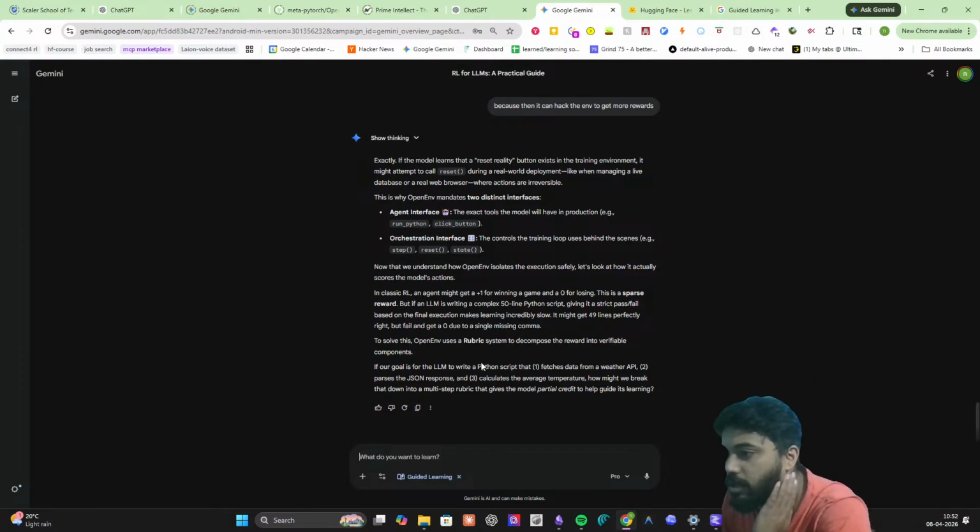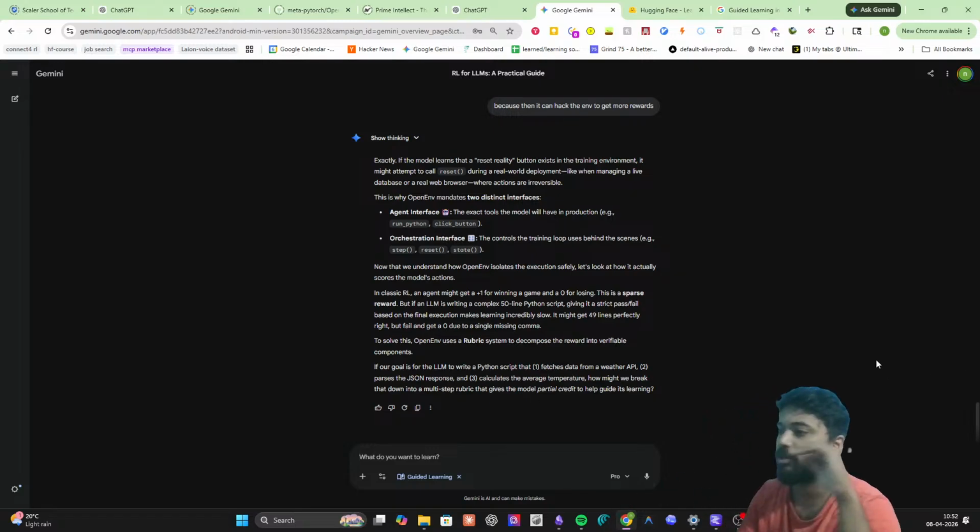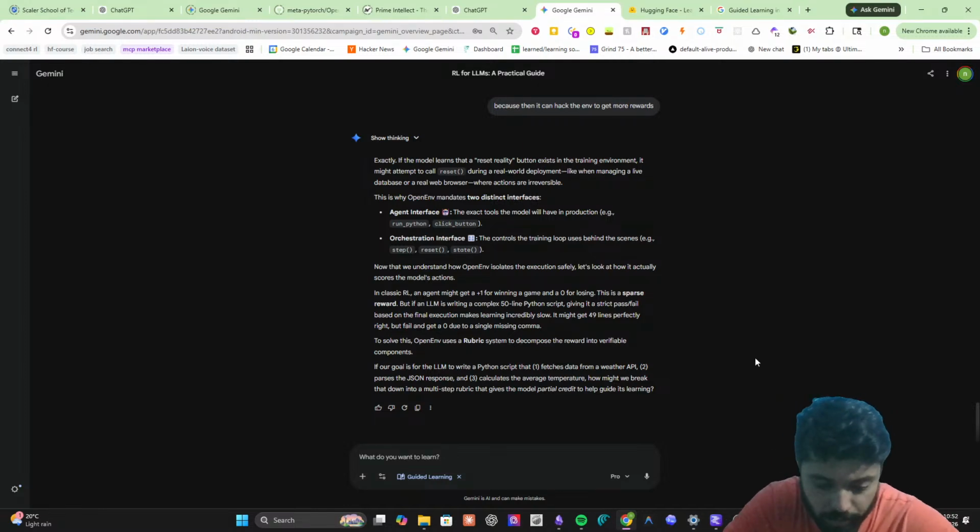The goal is for the LLM to write a Python script that fetches data from an API, parses the response, and computes that. It breaks that down into a multi-step rubric that gives the model partial credit to help guide its learning. We can break it down,